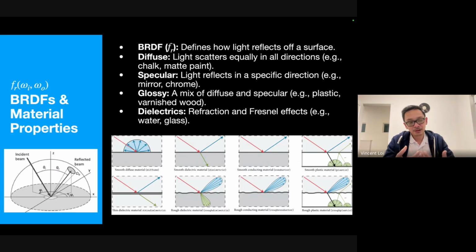One of the key parts of the rendering equation, and actually the most important, is the BRDF. In very simple words, it is the material properties. If you see the bottom left image here, this is the surface that tells how the light will reflect from the incident beams. If the light hits at one angle, how will the light spread out?